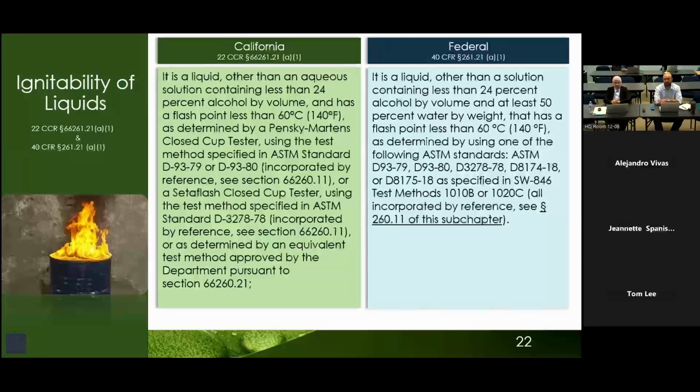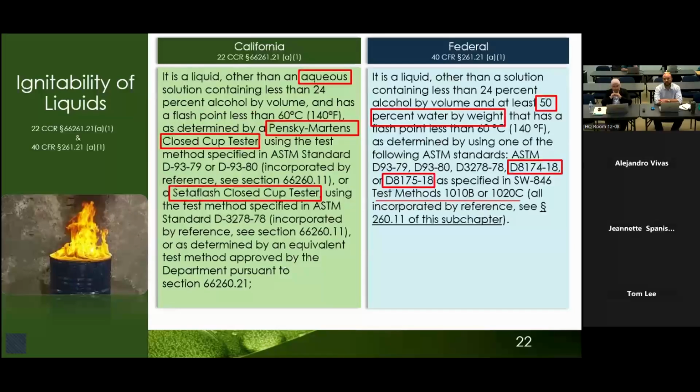Now, there is a lot of text here, but we will focus on the major differences between these two frameworks, which are marked in red here. After all this previous discussion, now we can understand why these differences exist between the two sets of regulations when once they were identical. To remind again, the reason these changes are found is because federal had updated some of its criteria multiple times and we did not always follow them. So California is lagging behind.